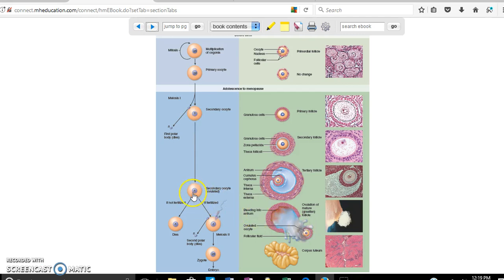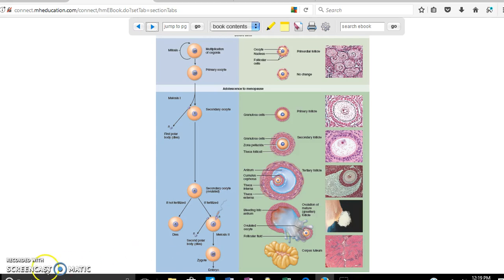So once it's ovulated, there are 2 options. If this ovule is not fertilized, it continues and stays in the uterus until the end of the month. And if there's no pregnancy, there's no fertilization, then this will get eliminated through the menstrual period. What happens if this ovule gets fertilized? Then the ovule, now with the spermatozoid, is going to continue and finish meiosis 2, and is going to produce the second polar body. And this cell now is going to be the zygote that eventually is going to be